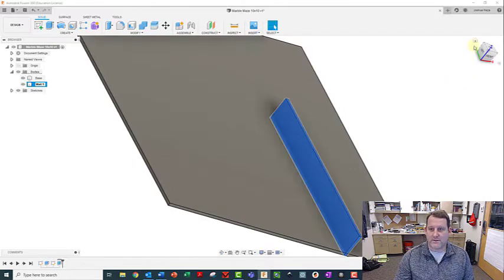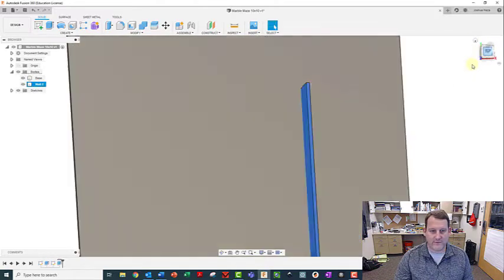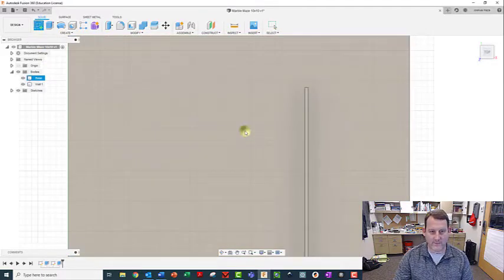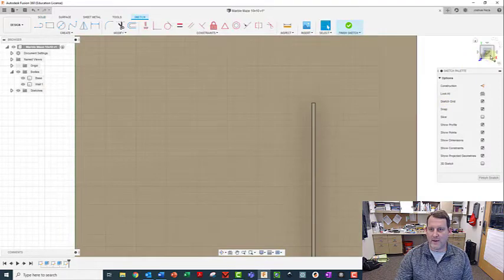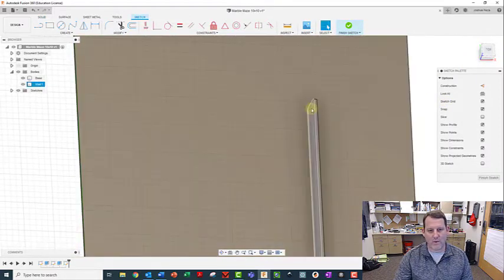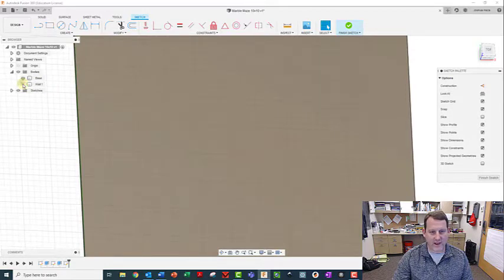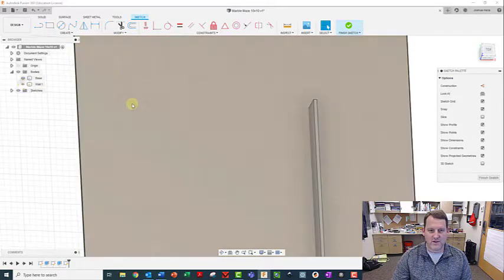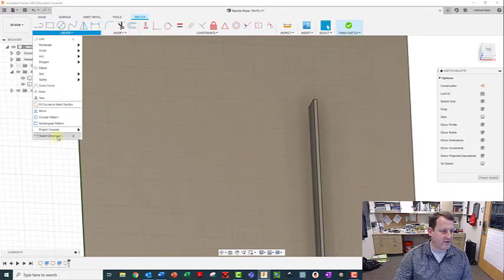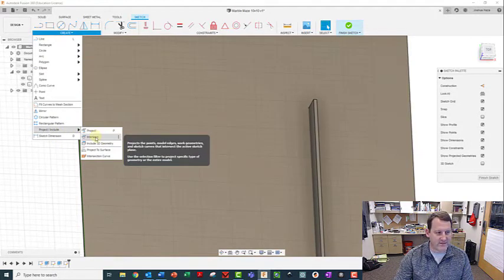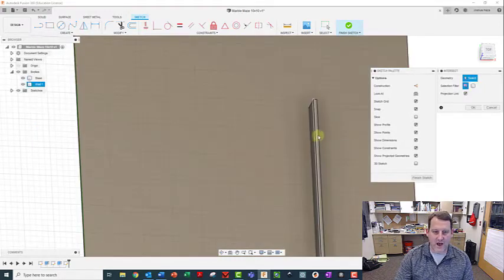All right, so let's go back to the top view. And what I'm going to do now is make my next wall. So I'm going to create a sketch on the base. And this time I need to make this wall where it's overlapping this. But if I hide this wall to get it out of the way, notice I can't see where it is. So my first step is to create a projection. I can do either project or intersect. I'm going to do intersect because this tells me wherever this object